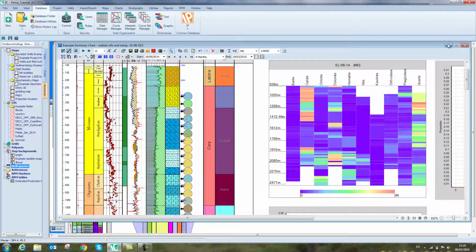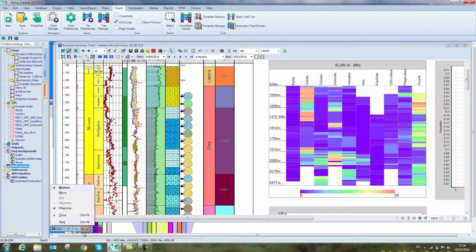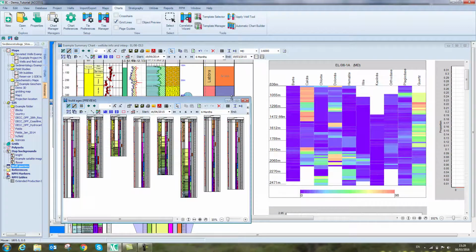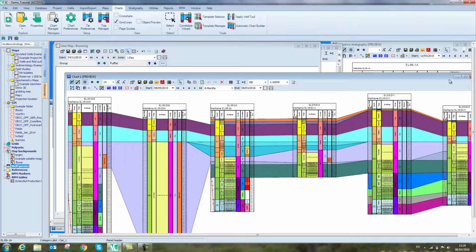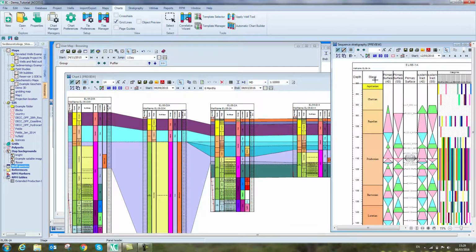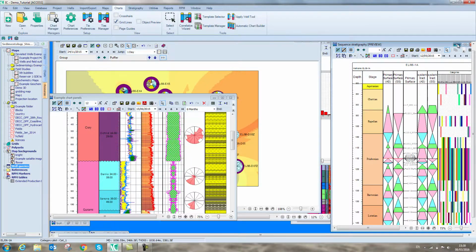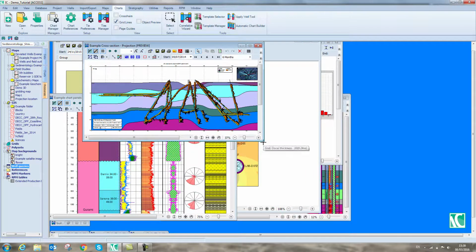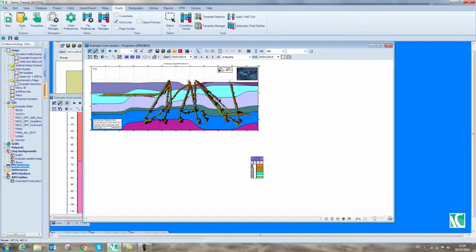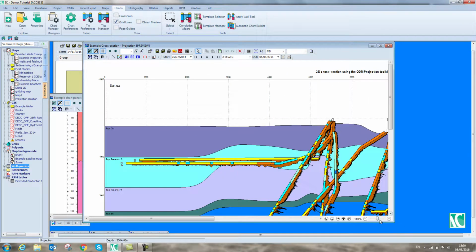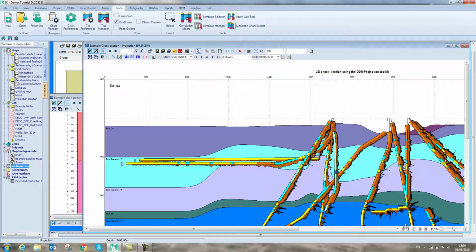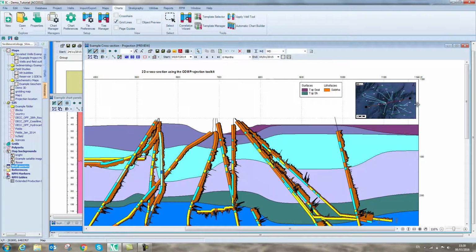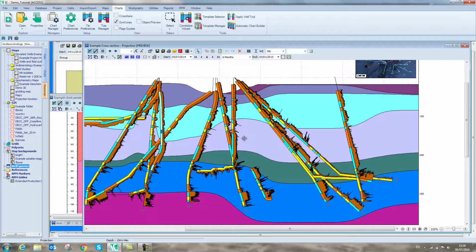Looking at a few other charts in this project, I'm going to take a look at a projection. So here on the right hand side, I've got a projection showing me a line through my map. Now if I zoom in, I've got a map in the corner giving me the location of this projection across my field, and I can see how the well paths of the wells through that section interact. Beside these well paths, I've plotted log curves and lithological intervals to show how these are then